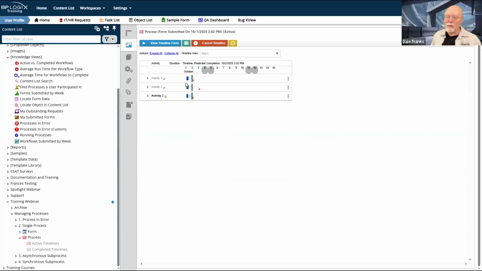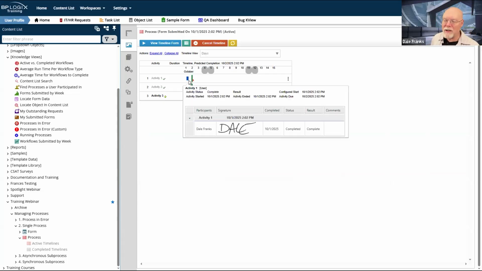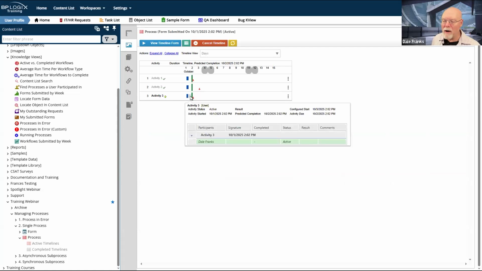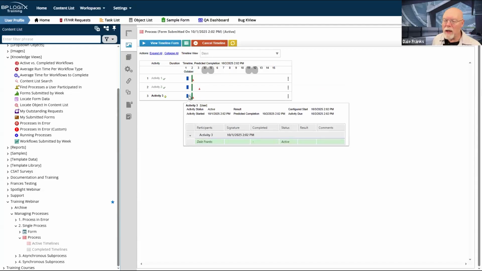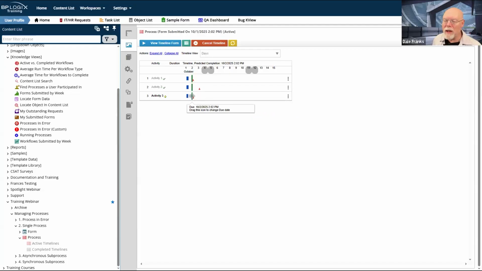So I can look at my individual activities. Each activity has its own activity bar, and we'll talk about that pop-up in a minute. And you can see that, like activity 3, it extends to the green bar, which is now. So we can see that this activity is still running. There's a couple little icons that appear beside each activity name.